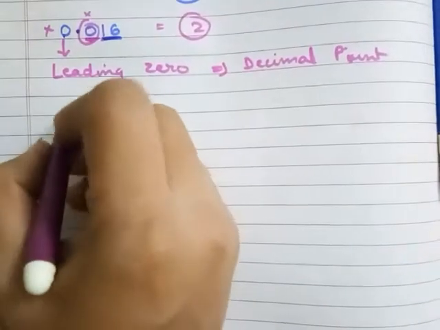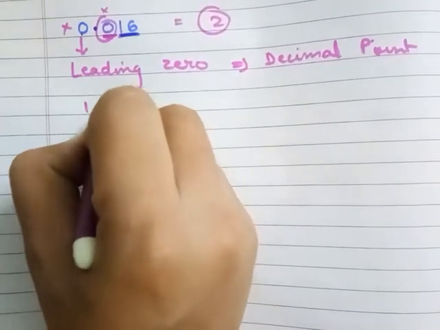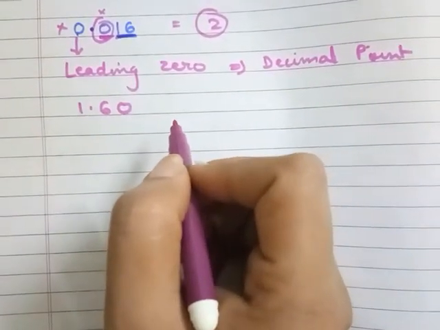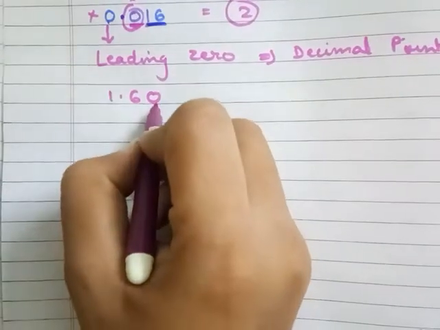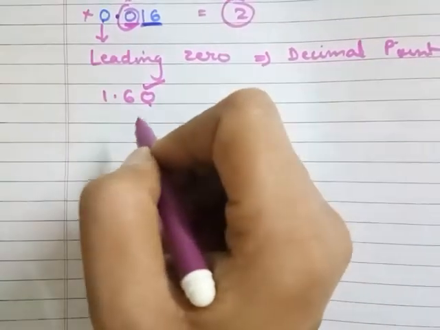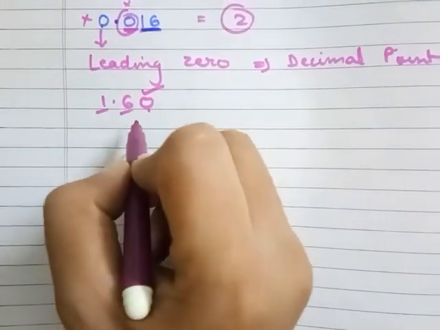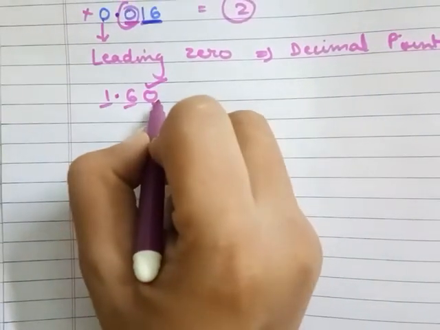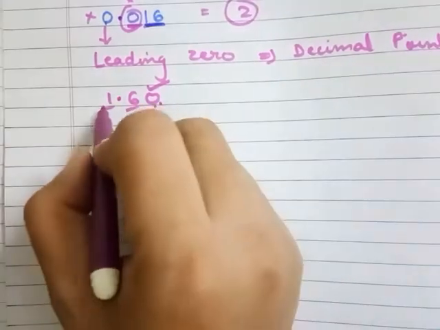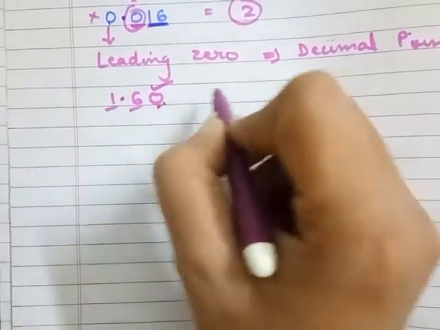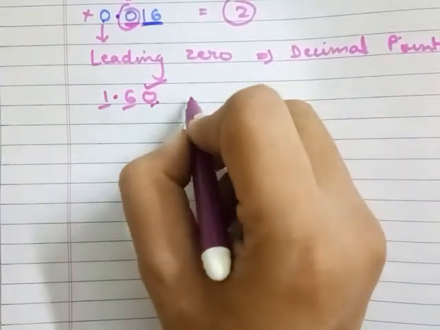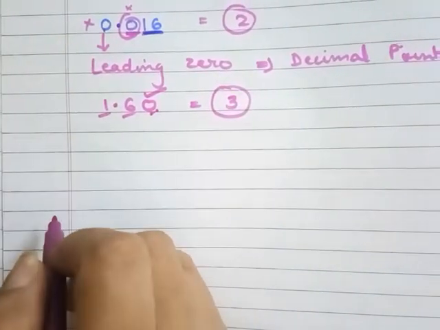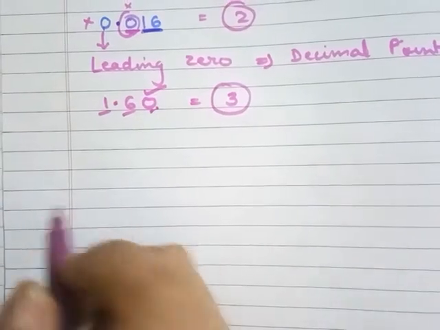Next rule is, if I have a 0 on the right of the decimal point, then it is to be considered in significance. So this is non-zero, this is non-zero, so 2 significant figures. Plus on the right of the decimal point I have a 0 and the number ends with 0. So this is to be considered as a significant number. So now how many significant figures in this example? We have 3 significant figures.